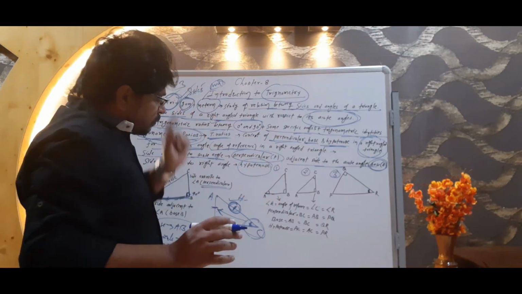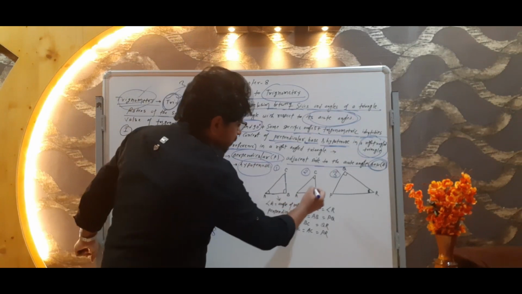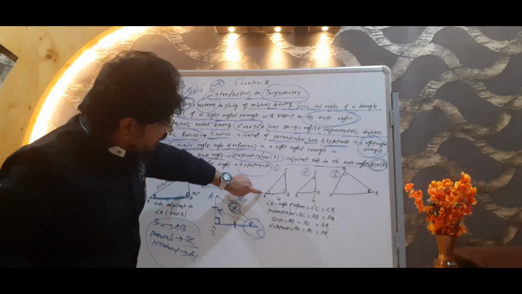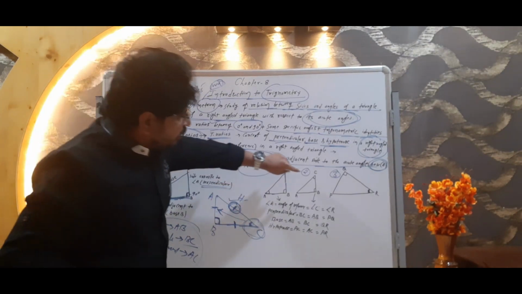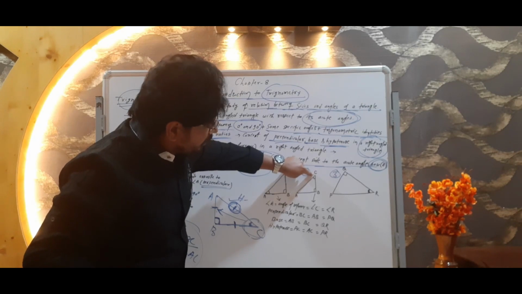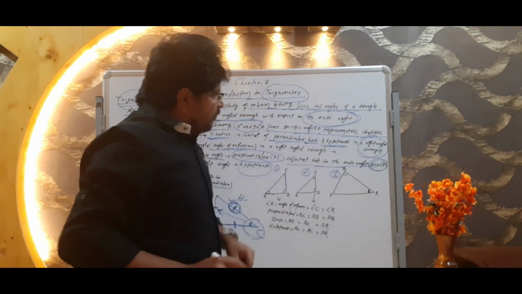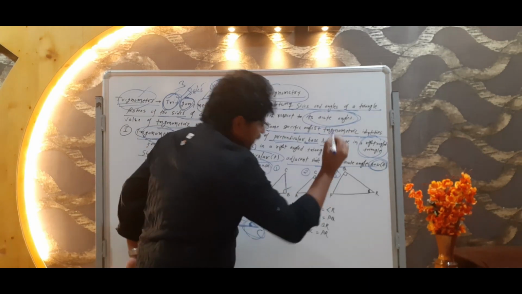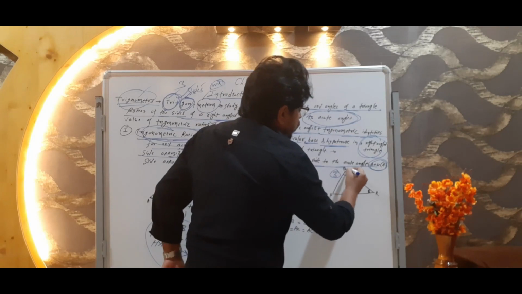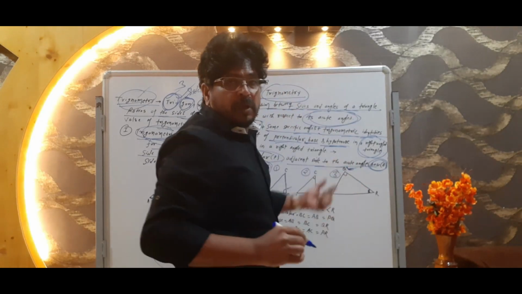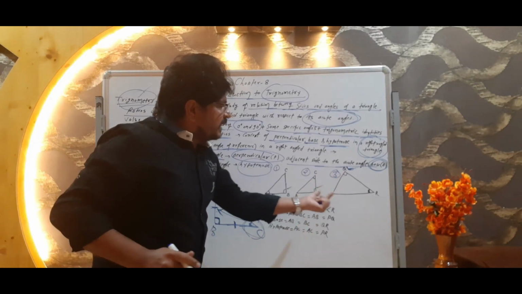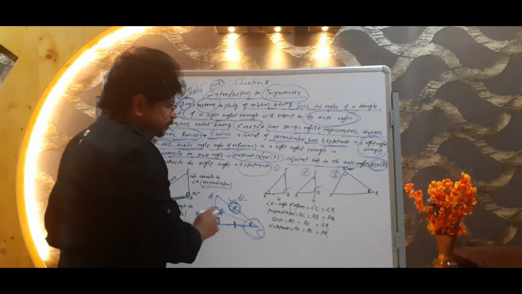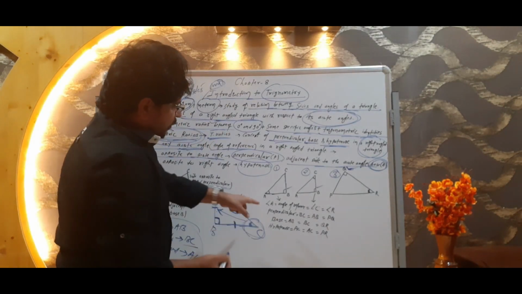Right? Now look what happened in both figures. Here the acute angle is changing. Here the acute angle was at point A, here the acute angle was at point C. Understood? Now see the third figure. What is happening in the third figure? Here the right angle is at B, here also the right angle is at B, but here the right angle is at Q. If the right angle is at Q, in that case what will happen? The ratio of the perpendicular will change. How? See here, look. Now here the perpendicular.